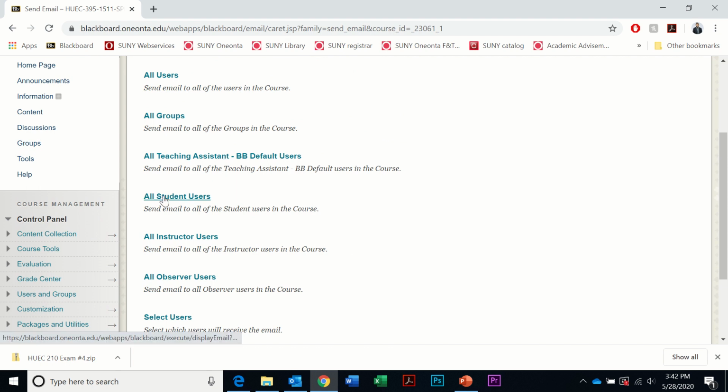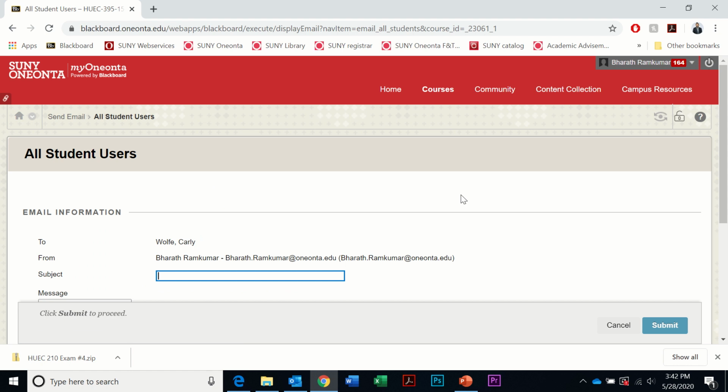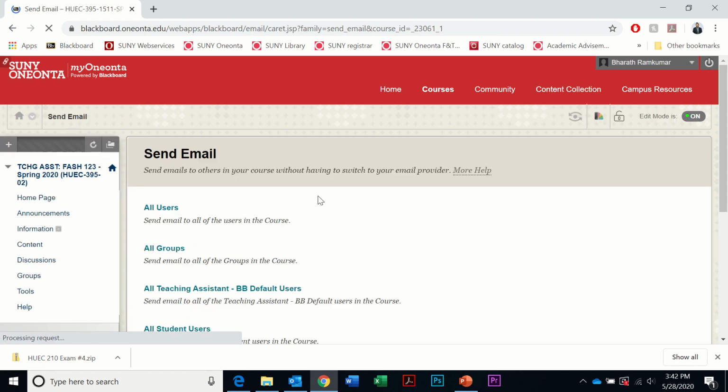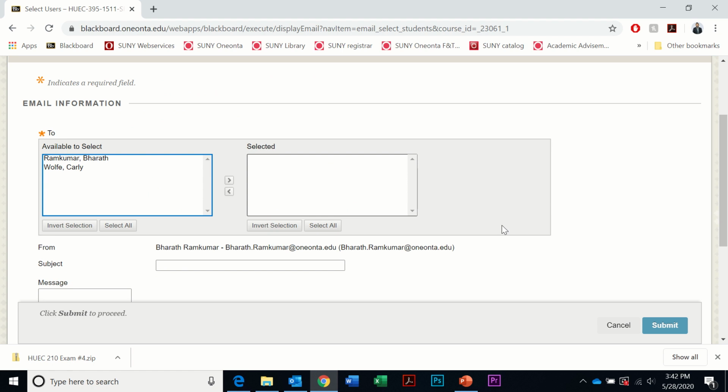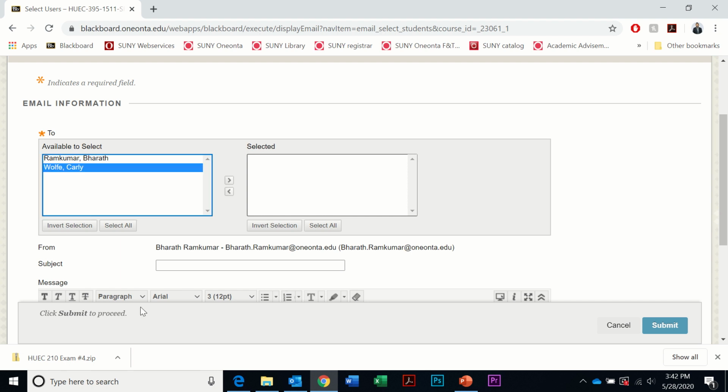Similarly, you can choose to email a particular student, so select user. So now here, of course, it's a TA course, so only my TA's name is reflected here, but let's say you have about 30 students, all of the students' names come up here. You select the student that you want to email. Okay. If you want to select multiple students, you press the control button and then you select, click on all